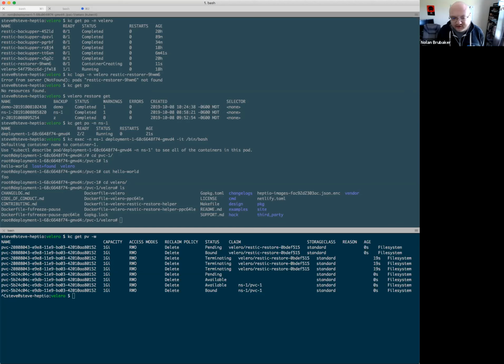I'd also be curious, this would actually remove some of the exceptions we have in the code base. We had some exceptions for how Restic is treated on CSI volumes, but if we use this, they would presumably all get treated the same. Yeah, we'll have to look at the details. It would definitely remove a lot of the custom code that's there for Restic, but we'd have to go through each section of it.